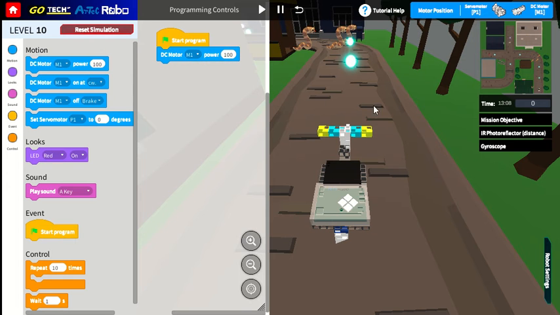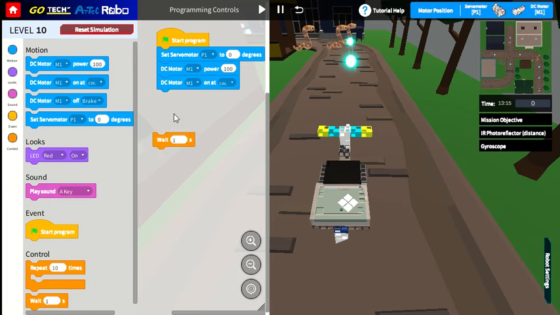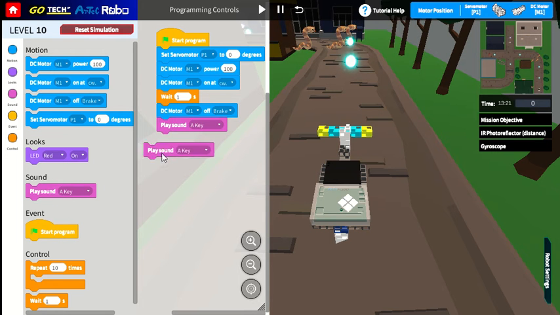Okay, first of all, make your robot move forward and stop in front of the snakes. Don't forget to brake. And to move away the snakes, you need to use a play sound of A and B key. Right, and then after that, put a wait block also. This one 3.5. Just set 3.5, moving forward, and then